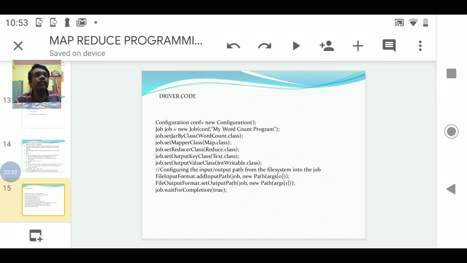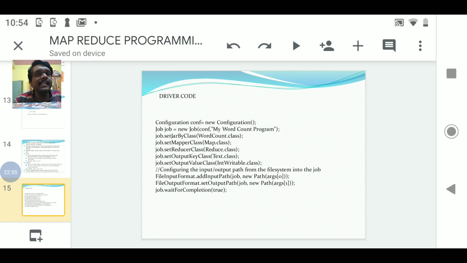And moreover, in order to run this program, we require 2 files. The input file has to be passed on the command line at the time of executing it, and we have to give the name of the output file. The output file is nothing but the directory name in which the output is going to be stored.